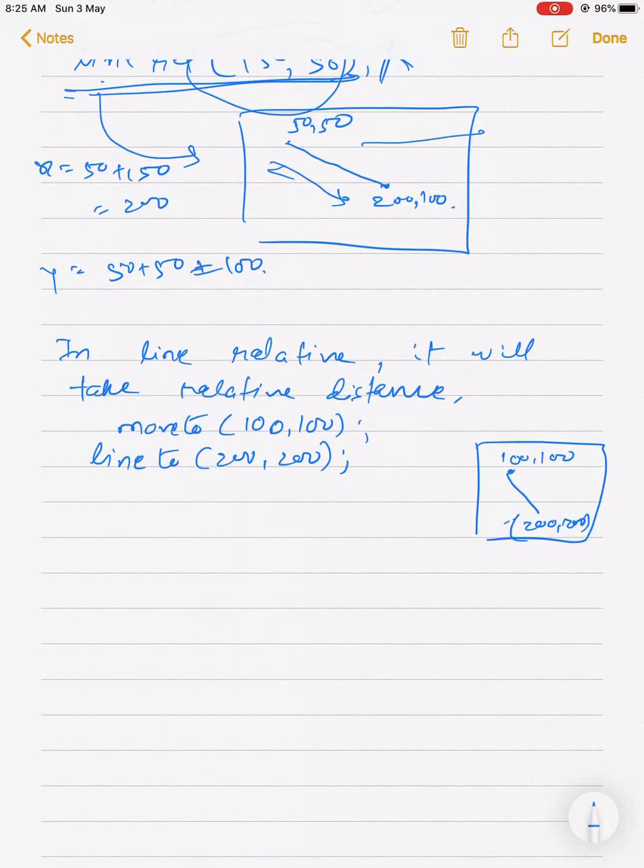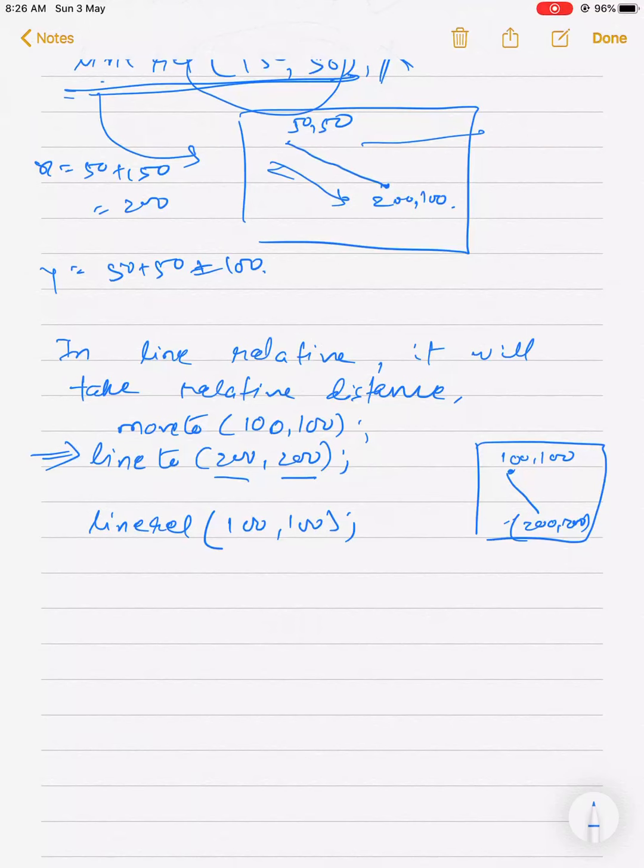जहाँ पे भी 200, 200 आ रहा है वहाँ पे वो लाइन खींच देगा. ठीक है, क्लियर. But instead of this you are writing line relative. आपको कहाँ पहुँचना है? 200, 200 ही पहुँचना है. तो same line आपको draw करना है with help of line relative. What you are going to do? 100, 100.